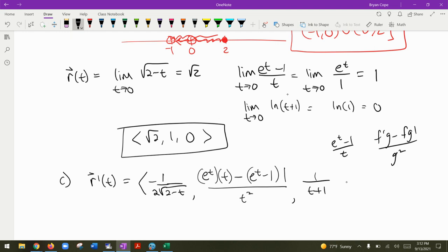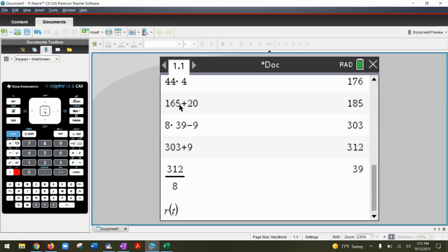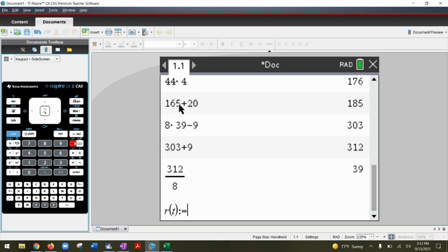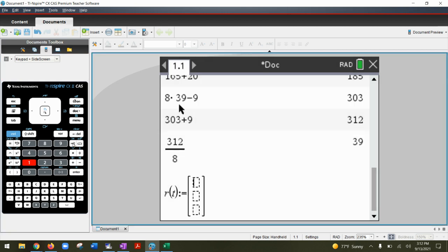Good job. Okay, now here's what we're going to allow. Because I trust that you passed calculus, here's what we're going to do. Look, we're going to get to define functions on the calculator. This will be something useful for you to know. I'm going to define a function as a vector full of expressions. So I'm going to define it in this case as square root of 2 minus t,